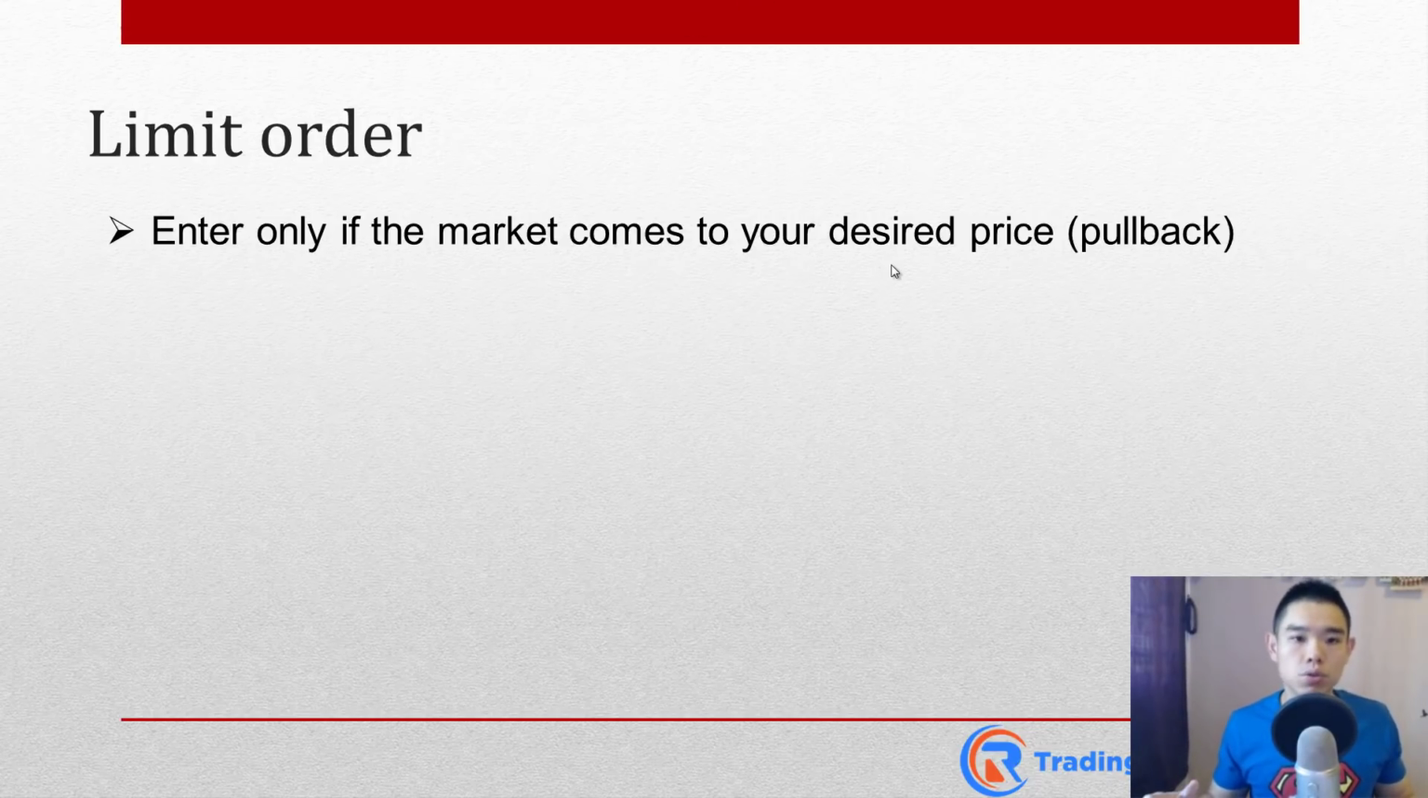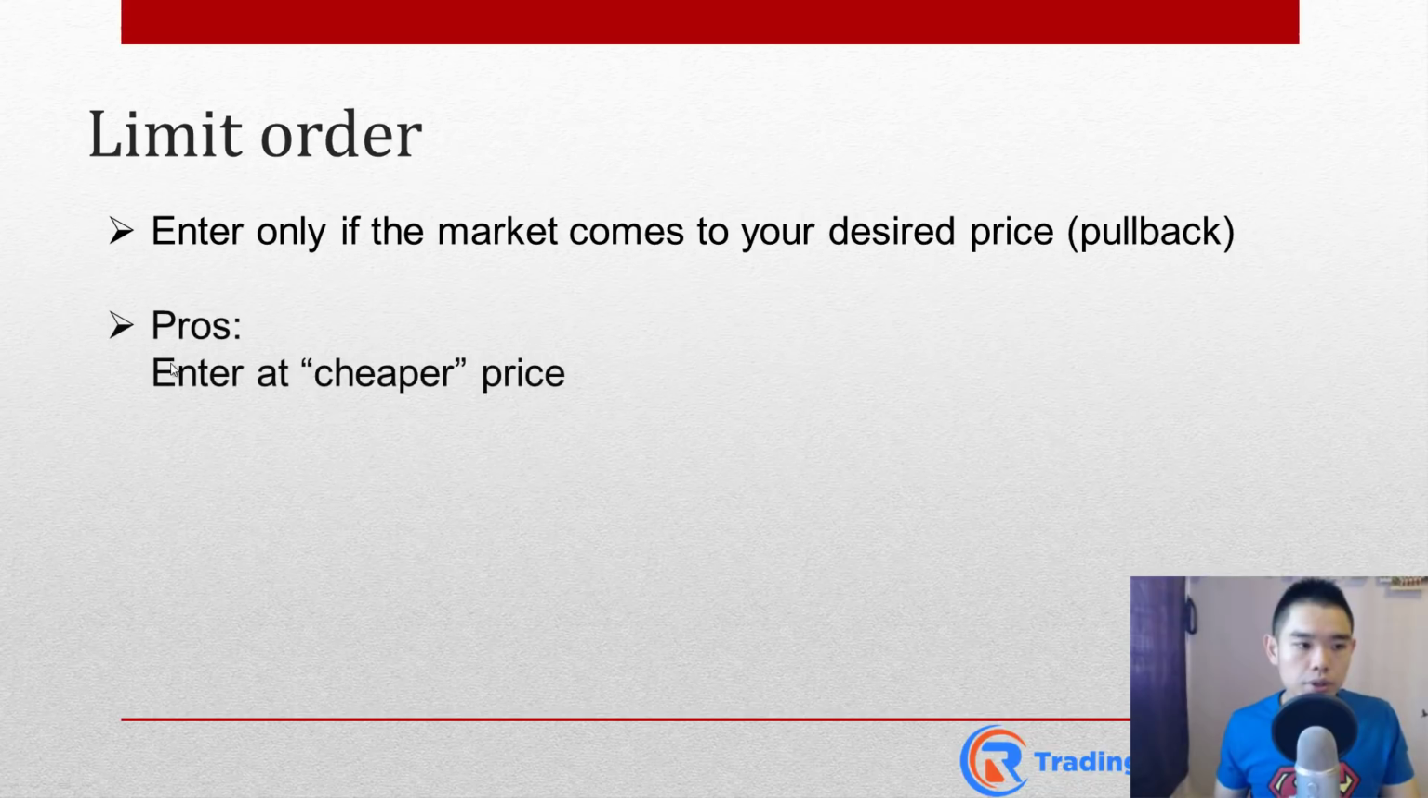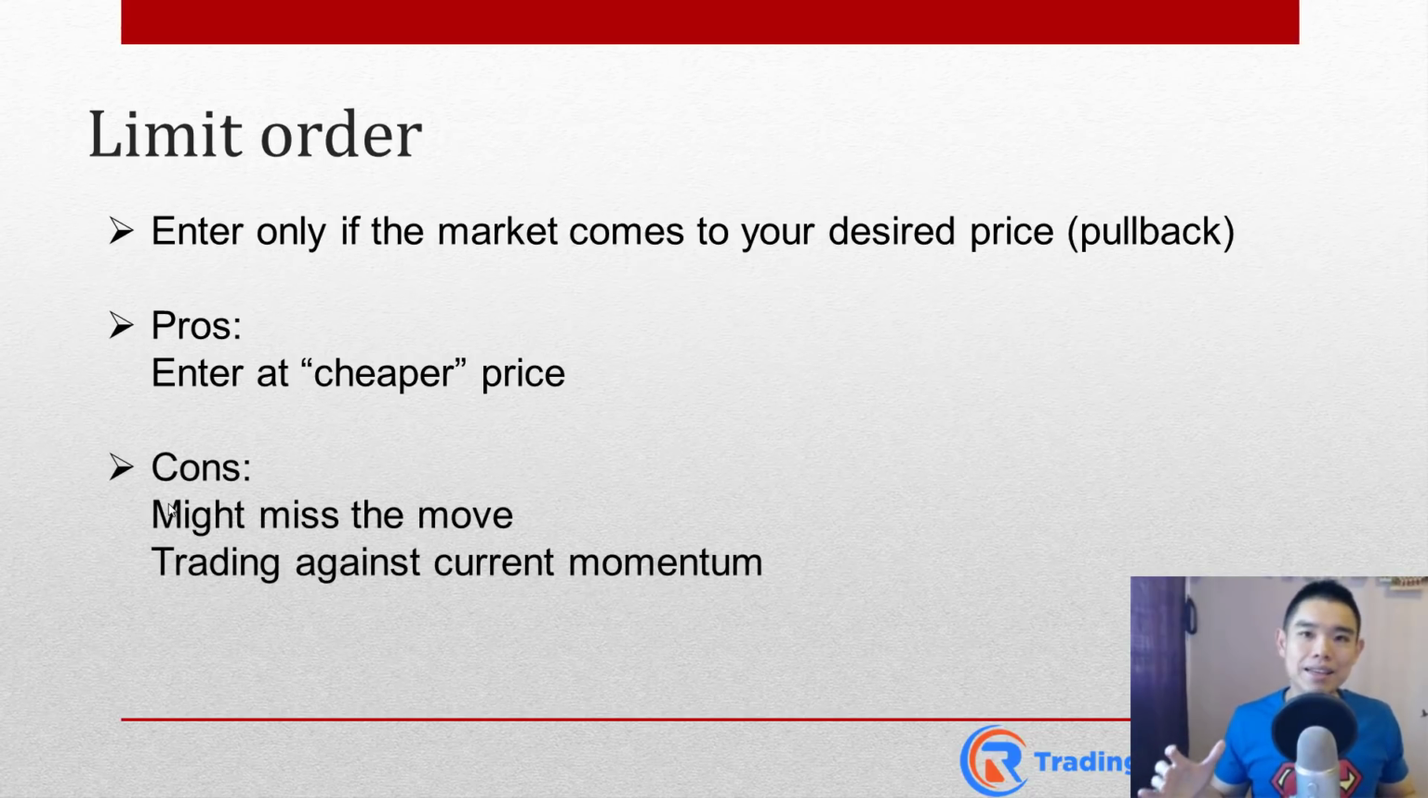So this is good for those of you who trade pullbacks. A limit order is a useful function that you can use. The pro is that you enter at a cheaper price because you don't have to pay the prevailing market price. You can actually wait for the market to come to a cheaper price level before you enter the trade. The downside to it is that you might miss the move, because what if Apple right now is trading